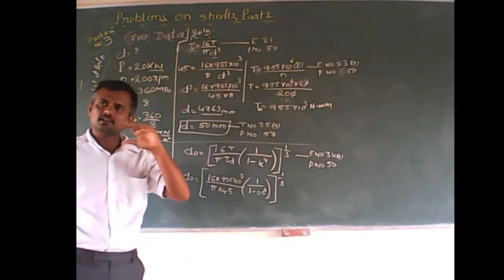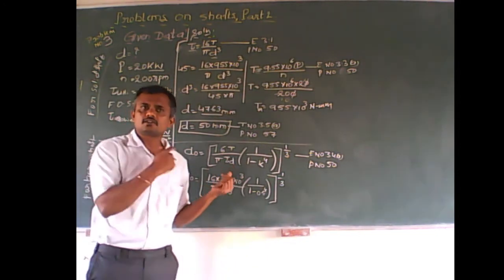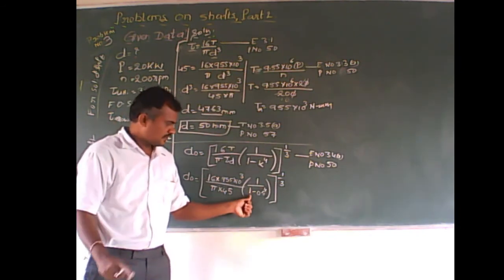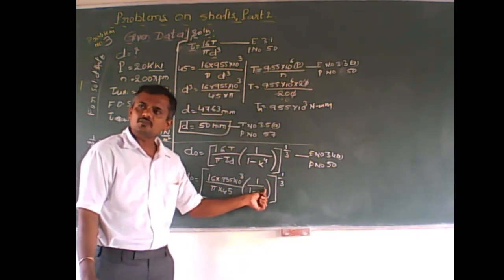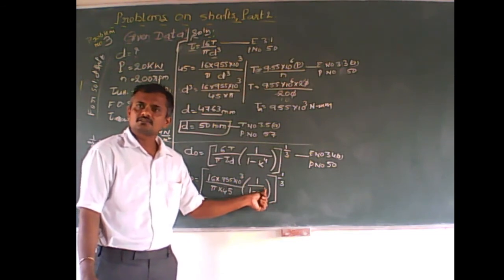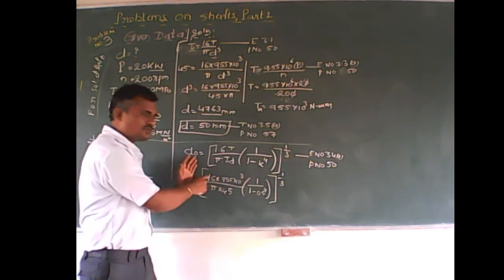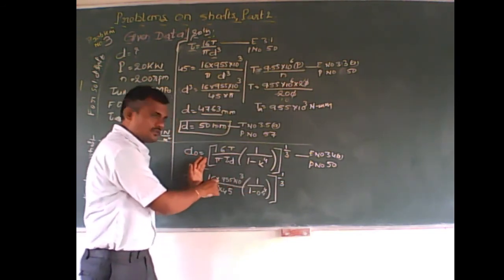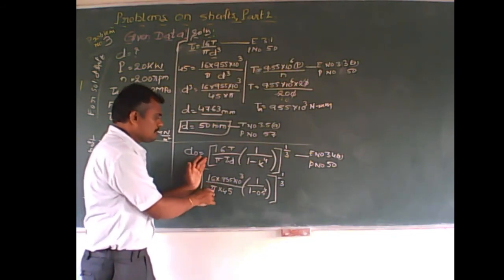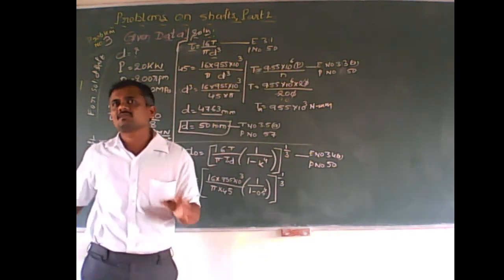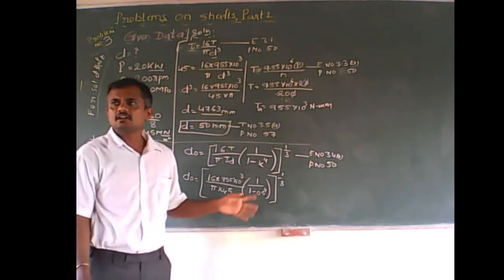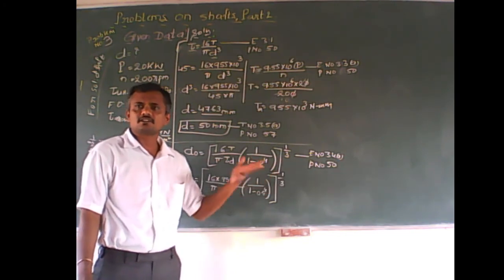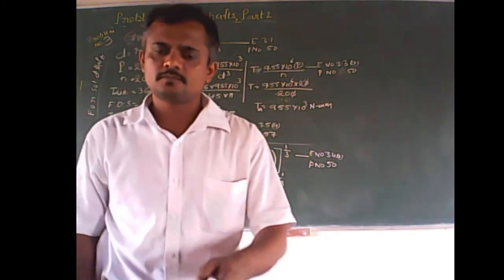You have to be very careful while substituting and calculating the values. Please concentrate. First you have to do 1 minus 0.5 raised to 4. What answer are you getting? You check. Afterwards, you can use a bracket, open bracket, 16 into 955 into 10 raised to 3 into 1, bracket close, divided by, again open the bracket, pi into 45 into this answer. You type and get the answer, and whole raised to, afterwards cube root of the answer will be very easy to get.